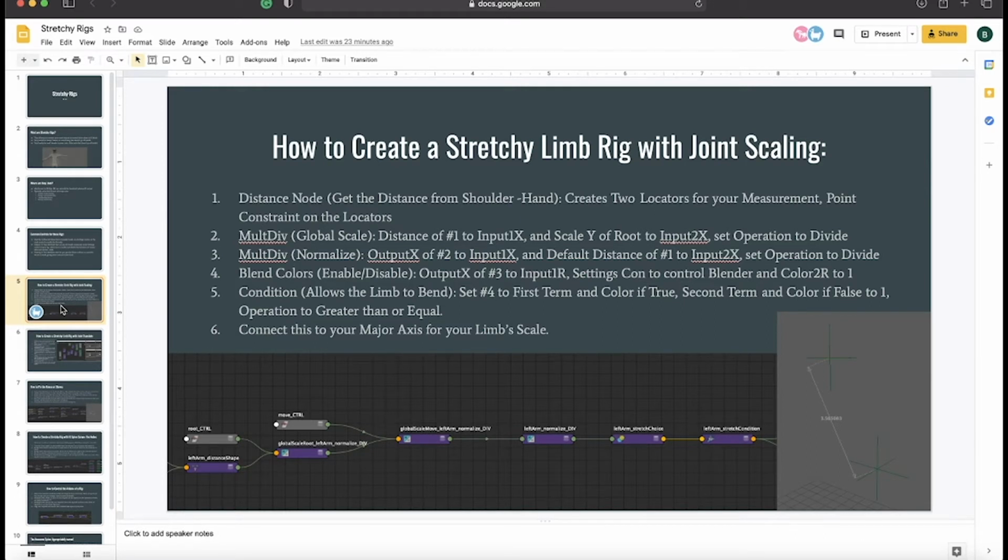And then next you would create a blend color so that the animator has the choice to turn on and off the stretchy limbs, and that would be found in your settings control. And then from there you want to feed this number from the multiply divide, from the blend colors into